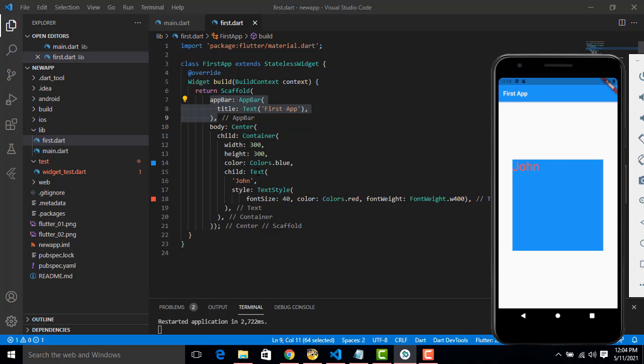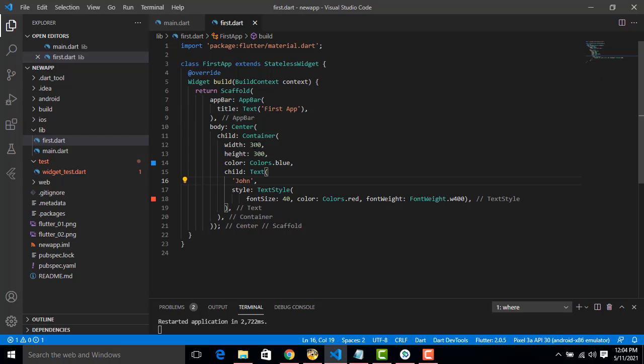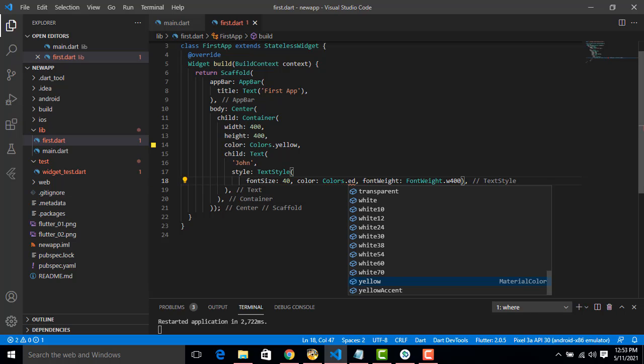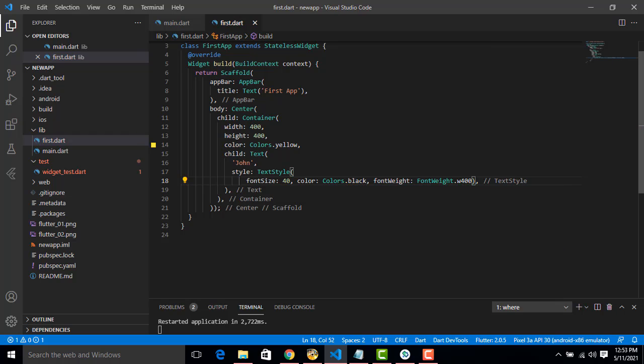So if you want to make any change, if you make any changes here, say widget width 400, height also 400, color if you select as yellow, right, and the font colors we change to black, right.